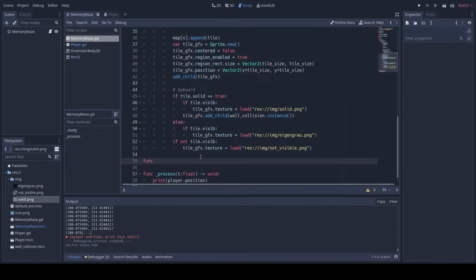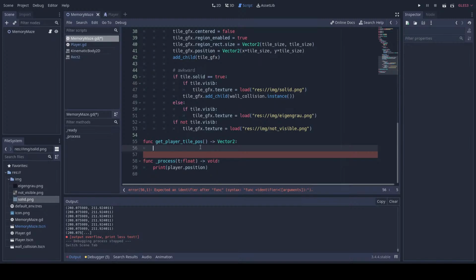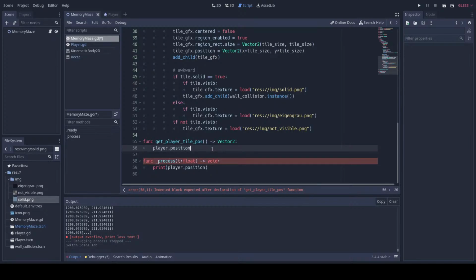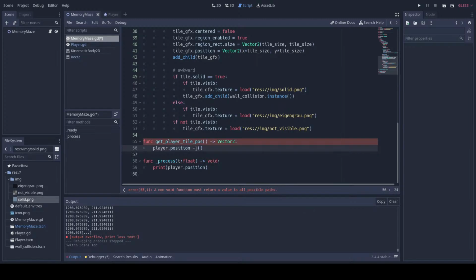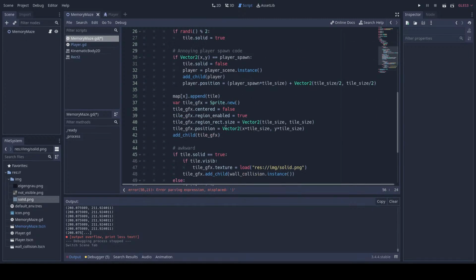This will be get player tile position or something. This would return a Vector2, and it would do player.position